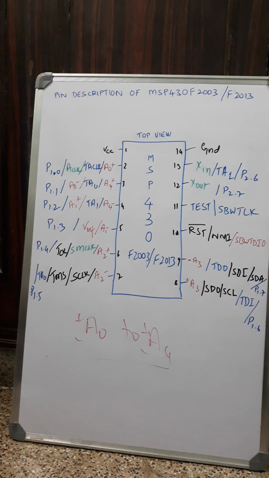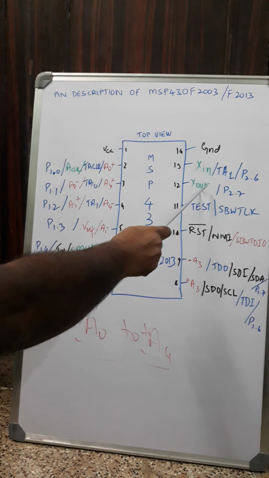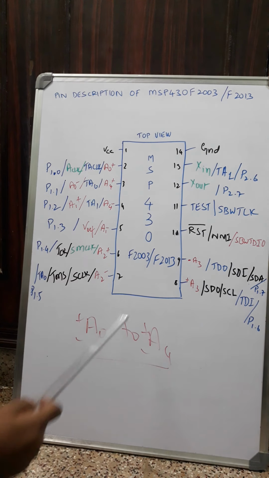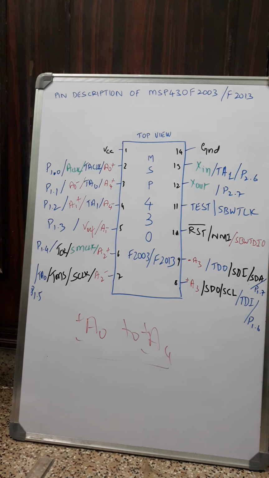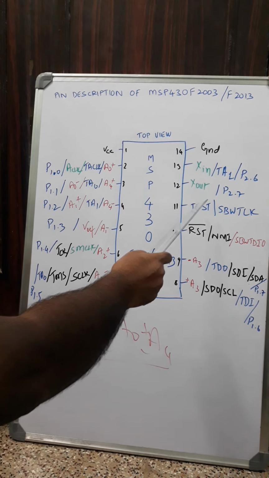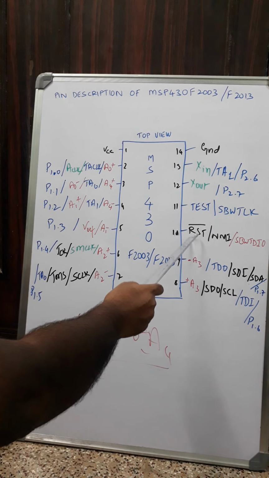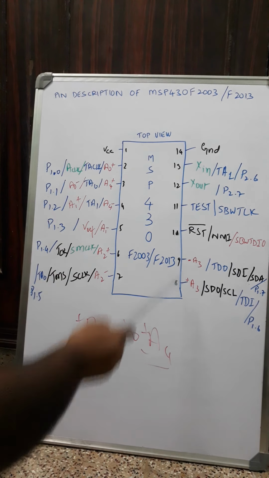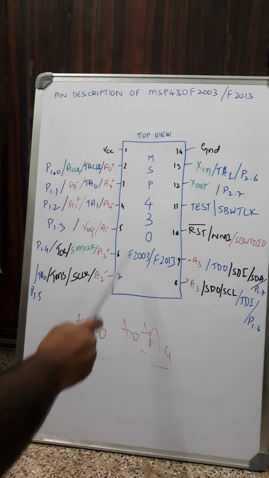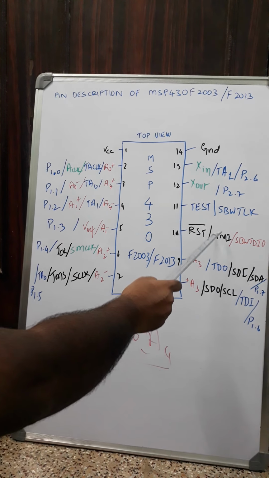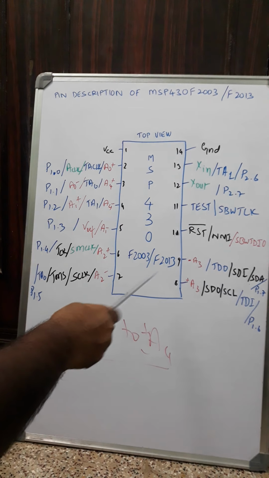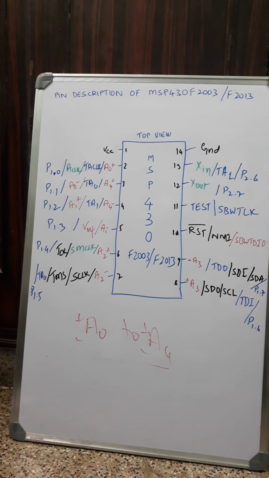Then coming to the other details, we have got X in here, X out here, which are used for connecting the clock into the IC. Then related to the other things, reset bar is there. So an active low signal is applied to the MSP processor to reset the system. Then a non-maskable interrupt type of signal is also there, which is utilized for a trap kind of interrupt.